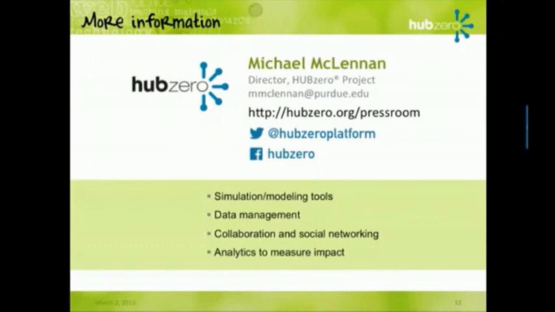The one good thing I like about this project is that whenever we make an improvement, it actually benefits all the hubs. When I started at Purdue, there were all these groups that were all doing their own thing, and there was no common thread tying them all together. But with HUBzero, we actually have lots of, it's not just me. I have colleagues at RCAC that write proposals that build on HUBzero that I think is terrific, because that gives us a stronger core that everybody benefits from. So.